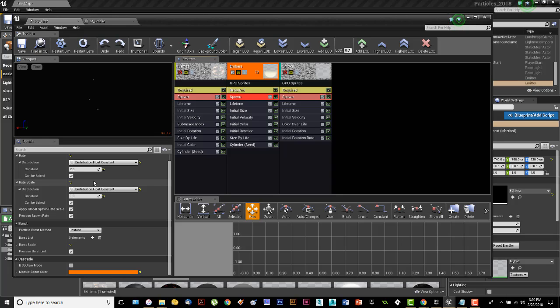It doesn't mean 2 total. It means 2 every tick of the game. So it gives me this nice steady 1. If you wanted to lower that to 1, that would work too. You don't really get a lot of embers coming up. It kind of depends upon the wood and how roaring the fire is and things like that. And again, remember, you need to start observing these things in life so you can come back and add those